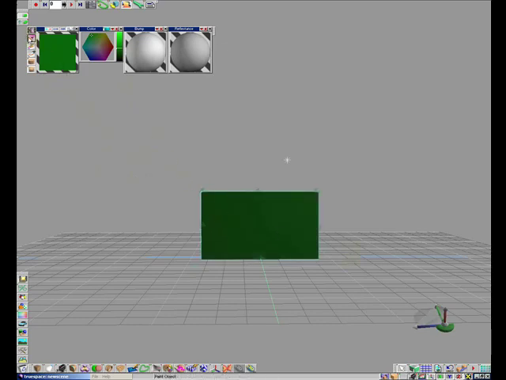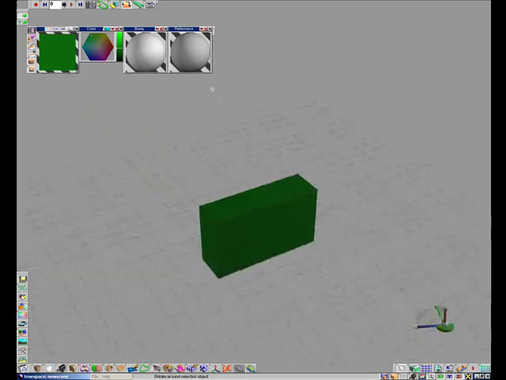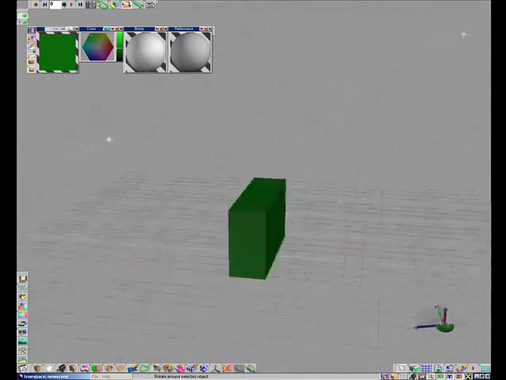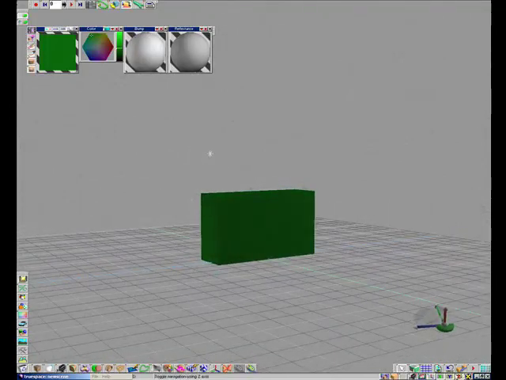Okay, you see what I did? I just hit this flood. It looks like a little funnel, and that flooded the color on this object. It's all colored. Okay, I'm going to hit my undo button. Now my object is back to the way I had it,